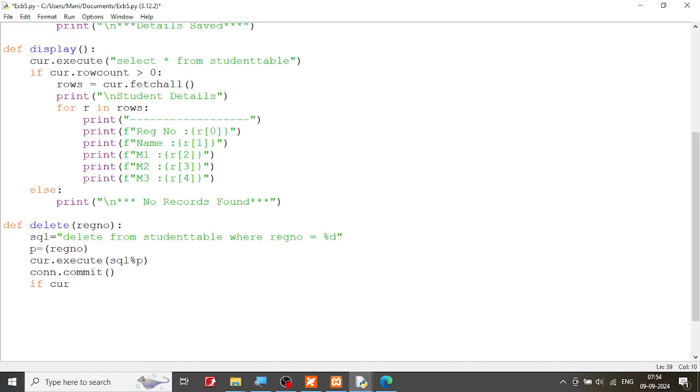So during the execution, remember it's going to return the count of records deleted. If it has deleted one record, it's going to return 1. If it has deleted 10 records, it's going to say 10, and so on. It's going to give you how many records it has deleted from the database. So if the cursor dot row count, that is the number of rows affected, is greater than 0,